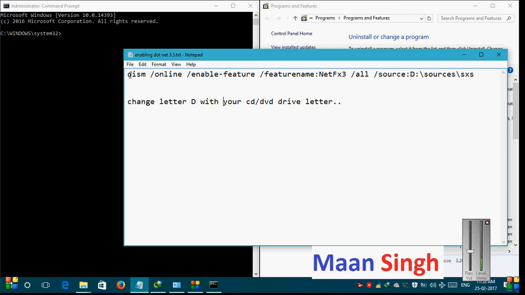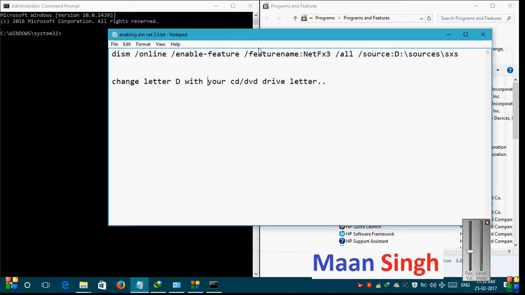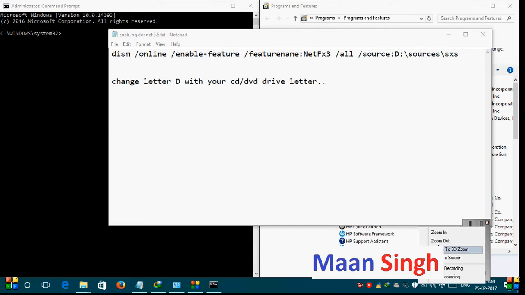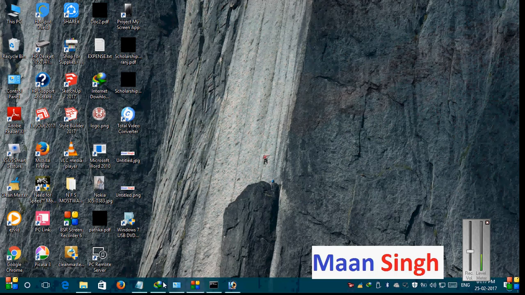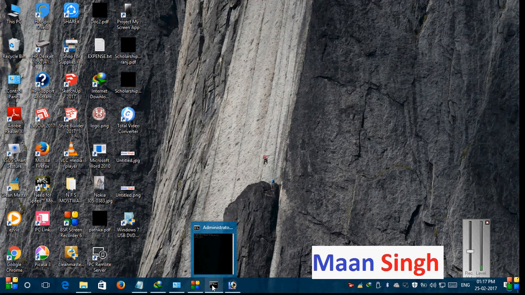But here is a problem: we need an installation media like a bootable pen drive, an installation CD or an ISO file. In this case I don't have one. In my case I have a Windows 10 32-bit and 64-bit ISO file.